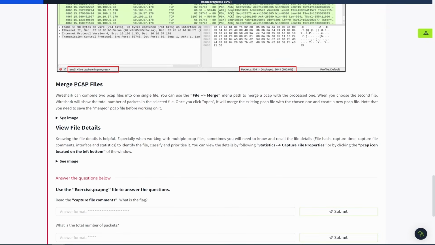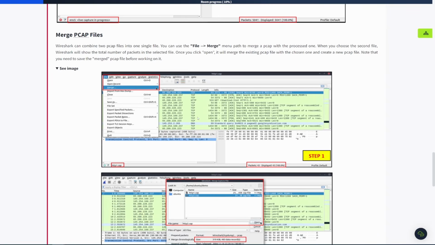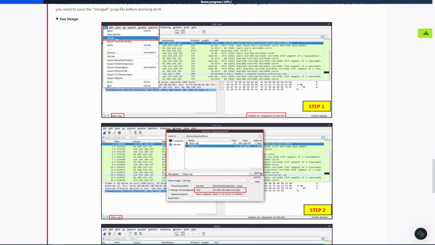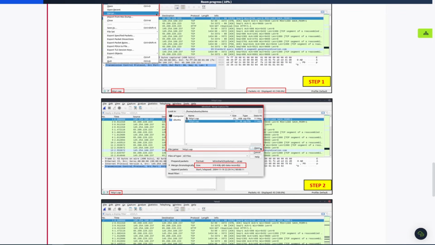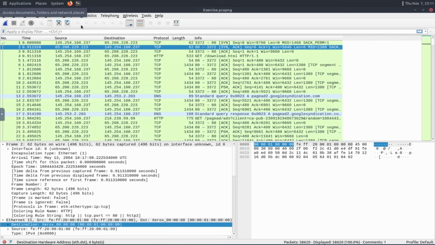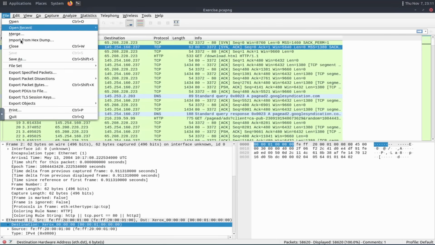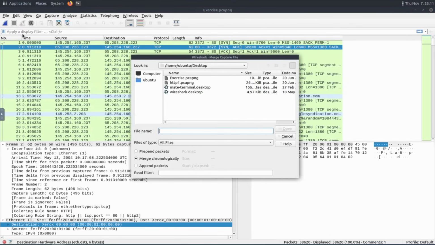Next, they're going to talk about merging PCAP files. So let's say you have multiple packet captures and you want to merge them and analyze them together. You can do that pretty easily. You go to File, Merge, and then you select which one you want to merge with. Now what's important here is if I go to File, I'll show you here because it's easier to see. Merge,